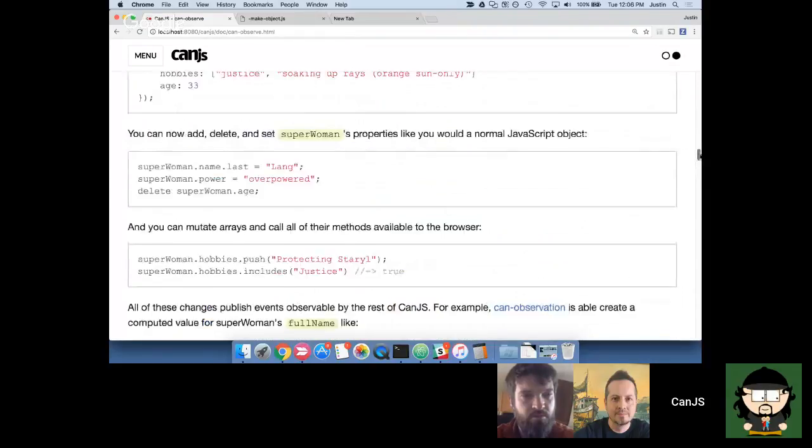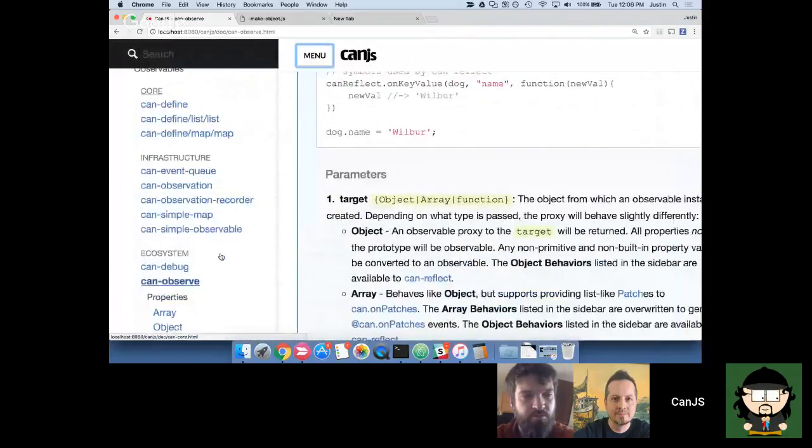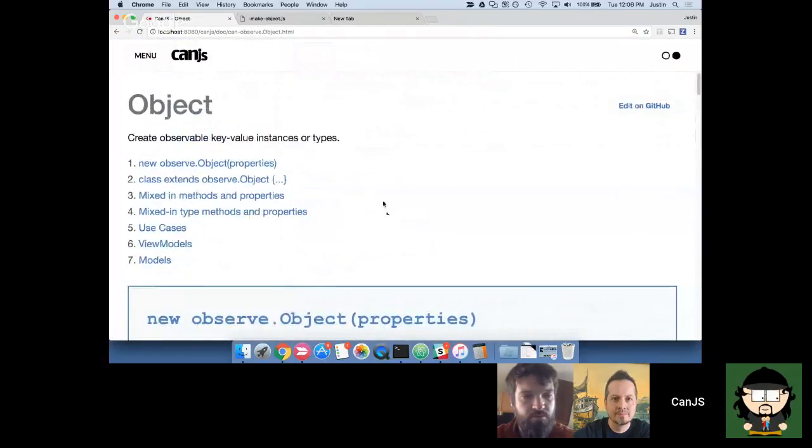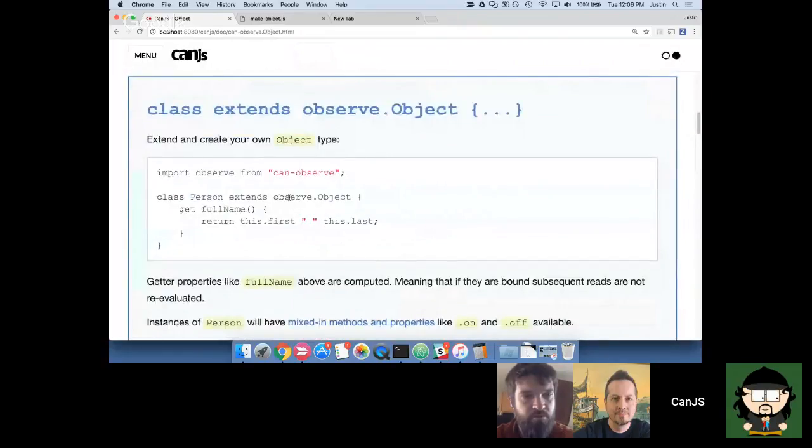Can observe also comes with an array and an object properties. So I'll show object. The can observe export is a function, but on that function there is an object property, and you can extend this and make your own observable object types. So here I'm creating a class person, and their getters will have the same behavior that define map getters have, and this will be converted into a compute. And so if the full name property is bound to,